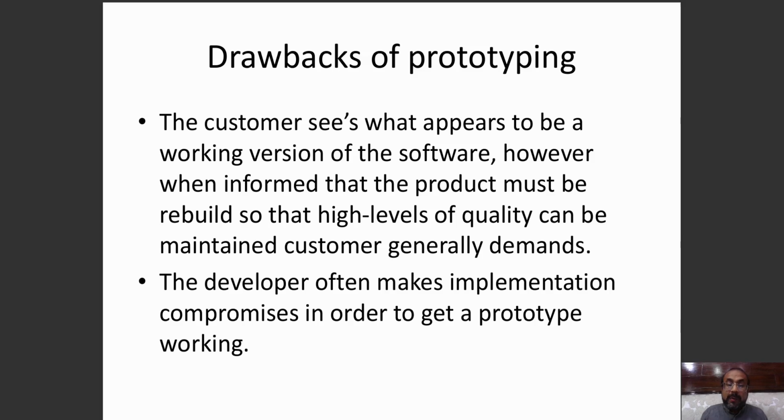The developer often makes implementation compromises in order to get a prototype working. Sometimes what happens is the customer wants certain labels, okay, I put this label here or this text here. What you do, you hard code those texts easily, and in the rush of developing the software, you forget to remove the hard coding. So at the end, when you create the software, the hard coding becomes a problem. So you make certain compromises in creating a prototype, and those compromises actually lead to errors in the software. So these are the two basic